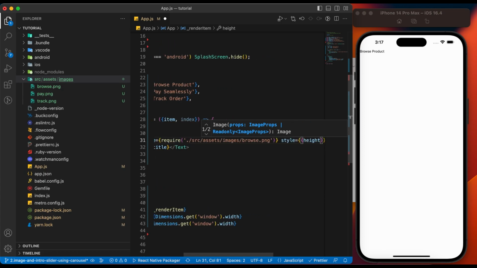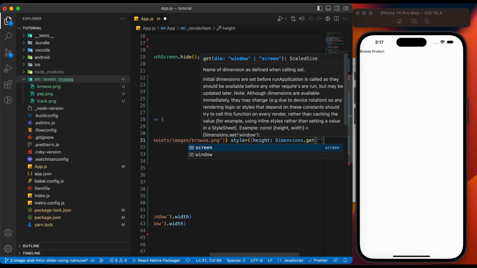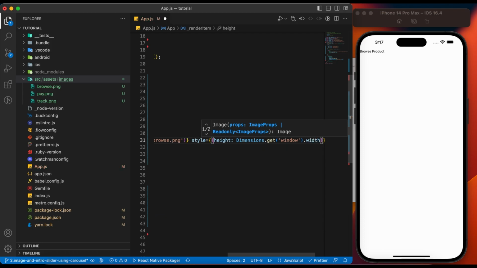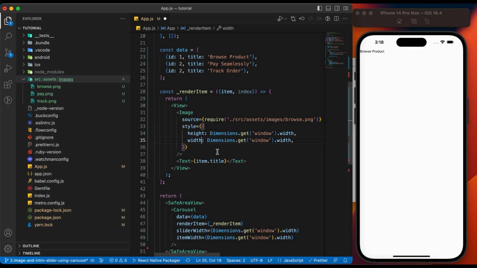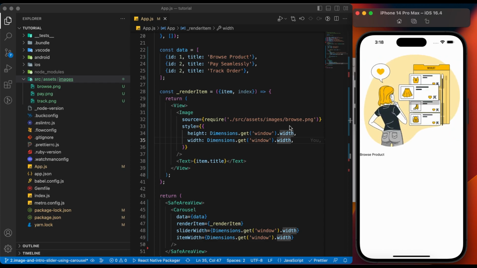Let's set the height, same as the screen width. Also, the image width be same as the screen width. We have single image set to all 3 sliders.